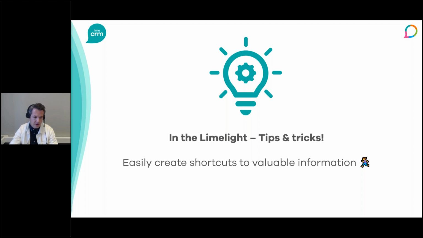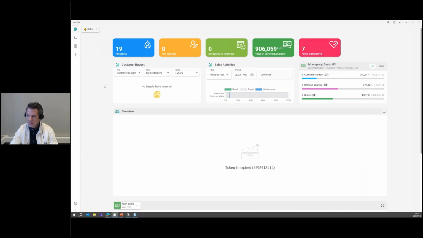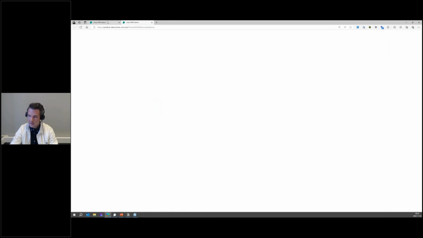I'm just gonna go into Lime CRM, and as you can see, I'm on the start page, and here I can place one of these shortcuts. And I have different start pages, so different start pages can contain different shortcuts. In this case, I want to add a navigation shortcut to our sales process so that the sales reps, when they work in Lime CRM, can easily get a quick link to reading up on the sales process that they work with. So me as an administrator, I'm just navigating to our administrators page here,